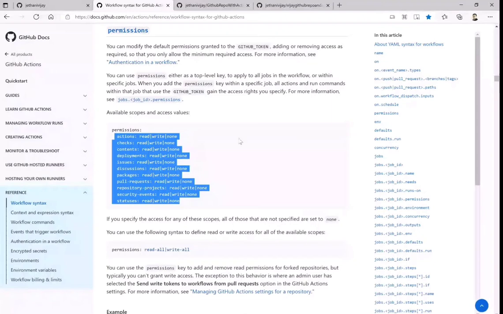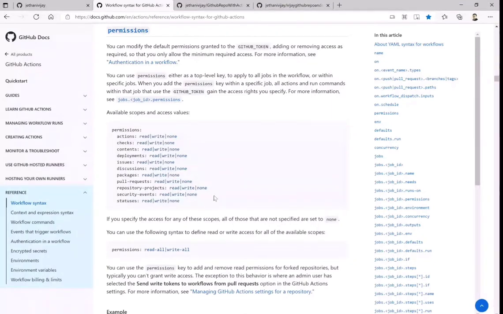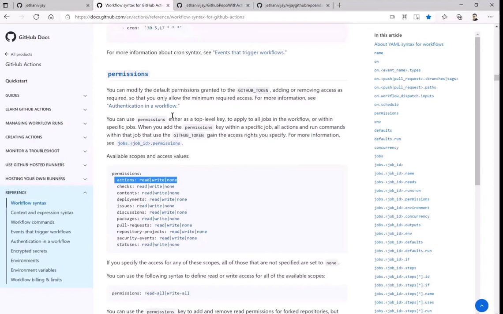But this is purely for what kind of job is being run. Now here it is in actions: read, write and none are the available scopes and access values. If you read this, it clearly says you can modify the default permissions granted to the GitHub token. The GitHub token is what you get by default when you run under GitHub as a runner.